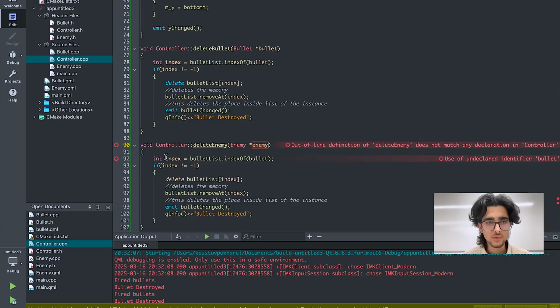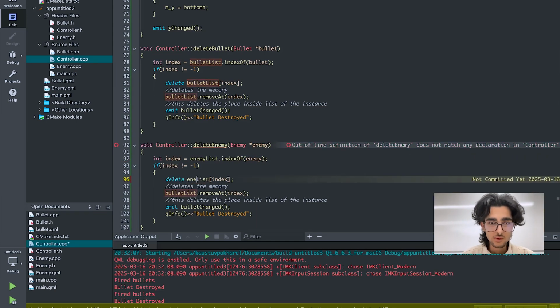Okay, and then we're going to keep the enemy in the enemy list, and we get the address of this, and it checks the enemy list, and then deletes the enemy list of that index, and